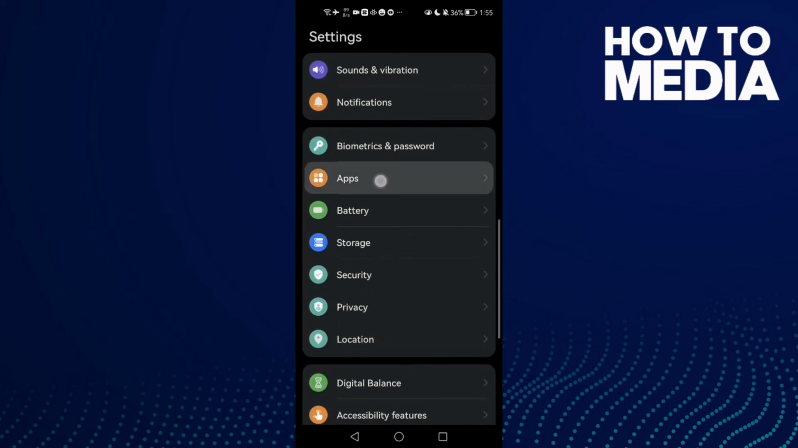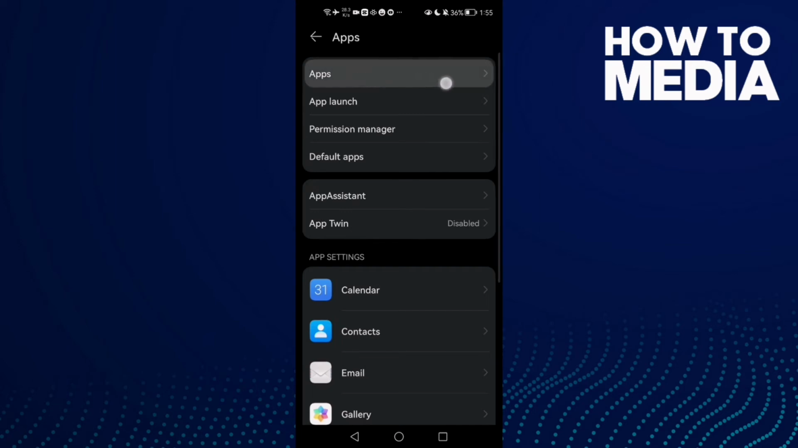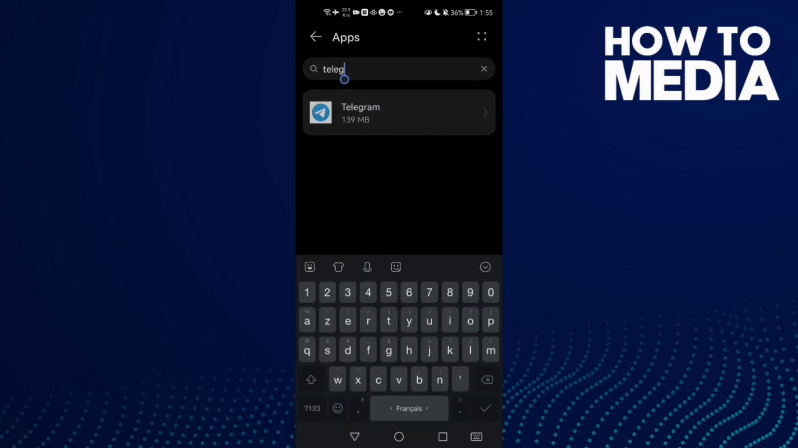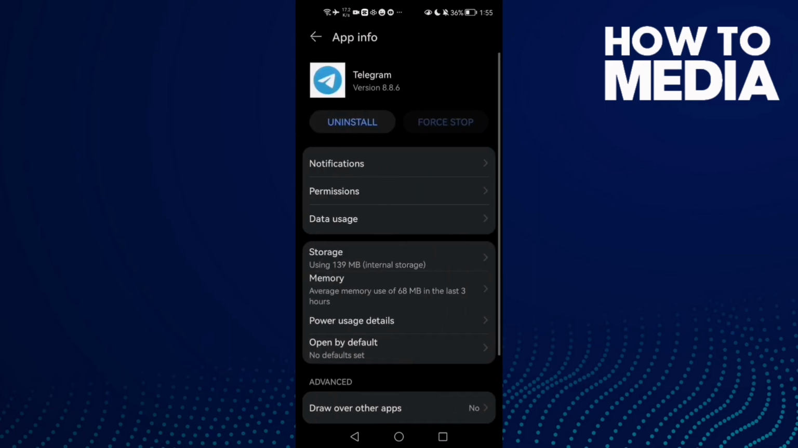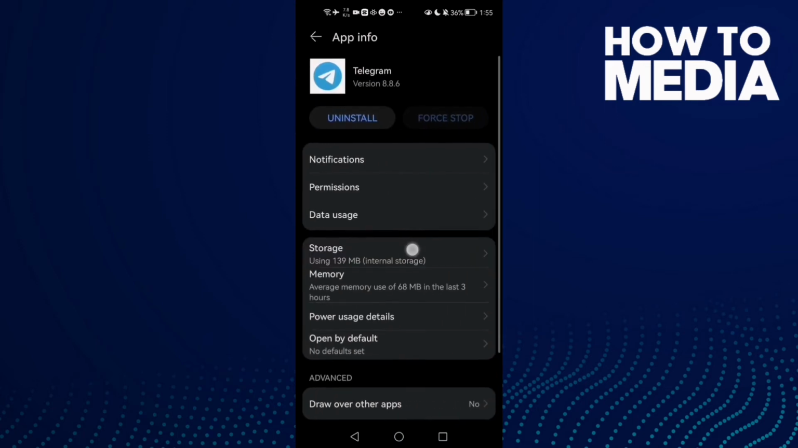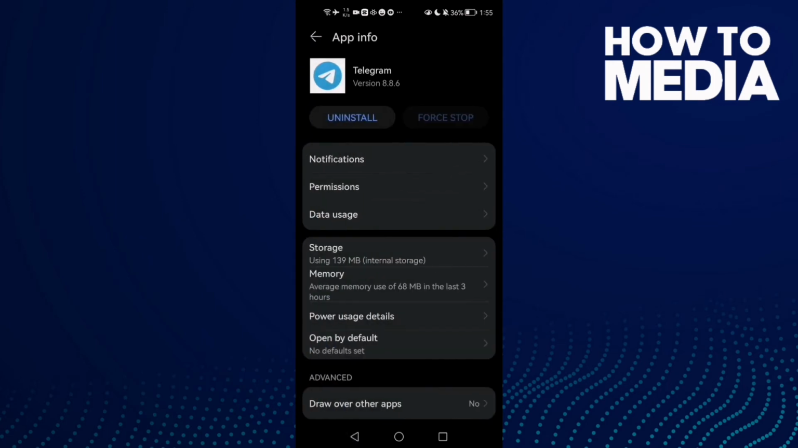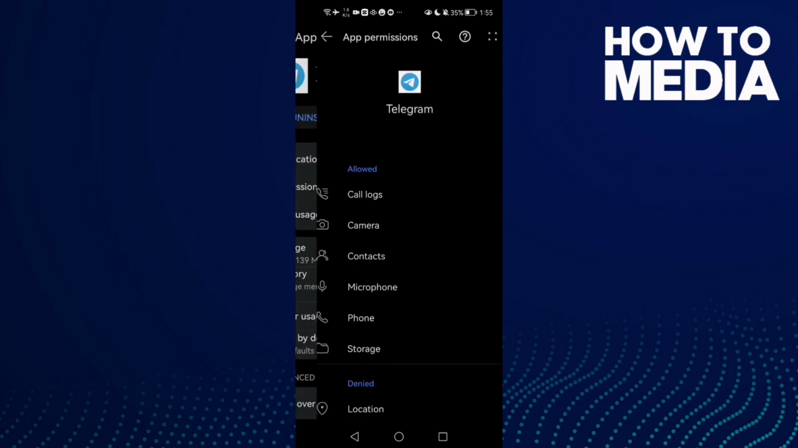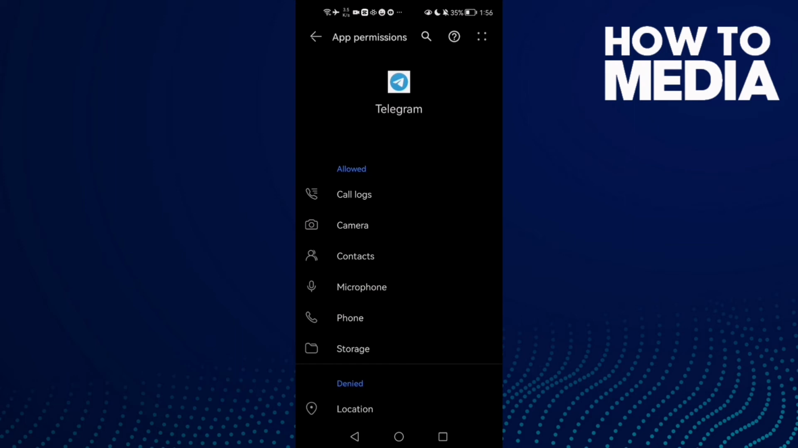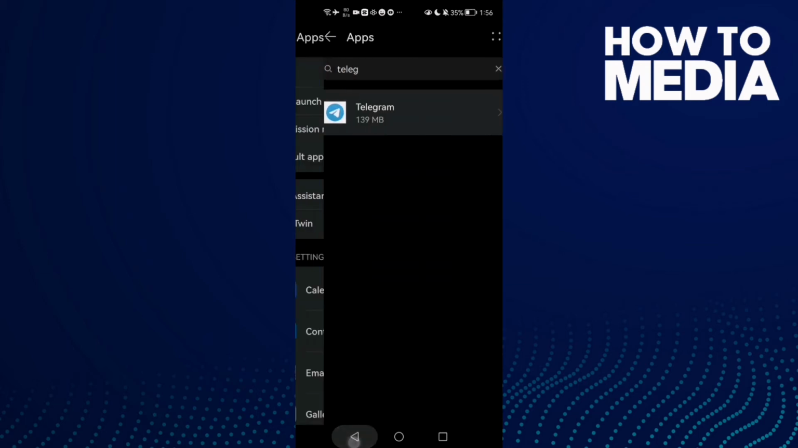Now go to apps and then apps again, and here just type Telegram and click on it, and then click storage and click clear cache, and after that go to permissions and allow here this one, phone and call logs, and that's it. Then go back and